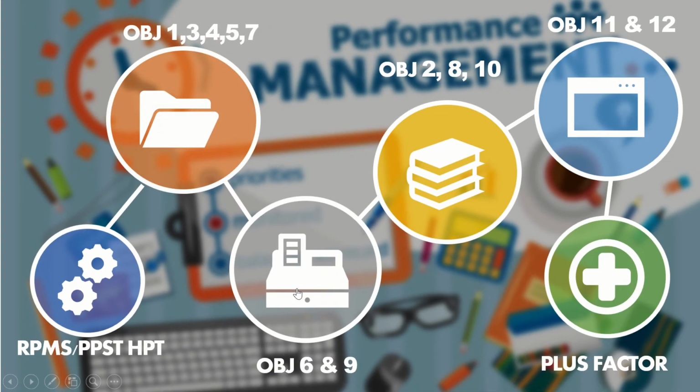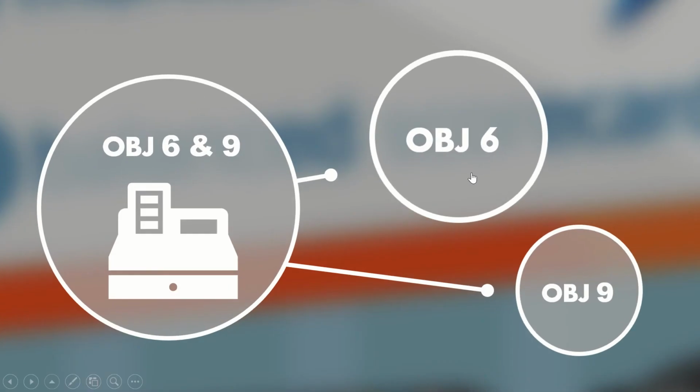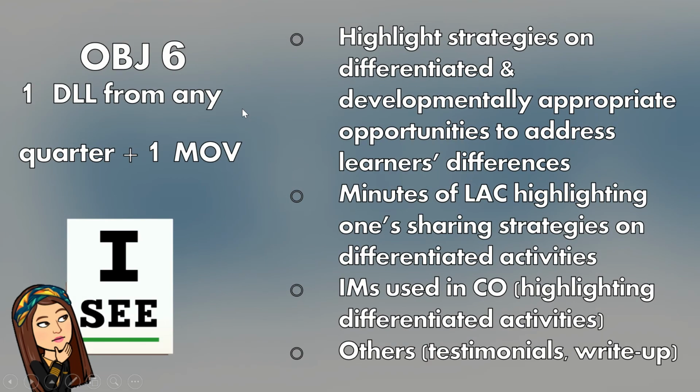Okay, next we move on to objectives number 6 and 9. For objective number 6 naman po, we are asked to provide 2 MOVs. Okay, one is a DLL from any of the quarter. So, alin man po dun sa classroom observation na ginawa natin, pwede po tayong mamili ng isang DLL. What are we going to do with the DLL is to highlight the strategies on differentiated and developmentally appropriate opportunities